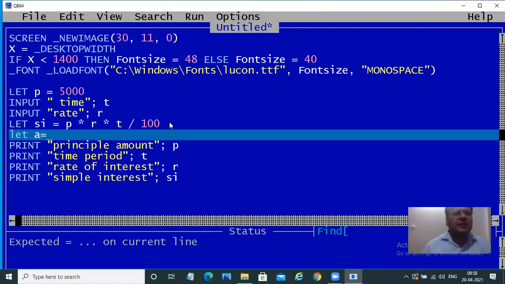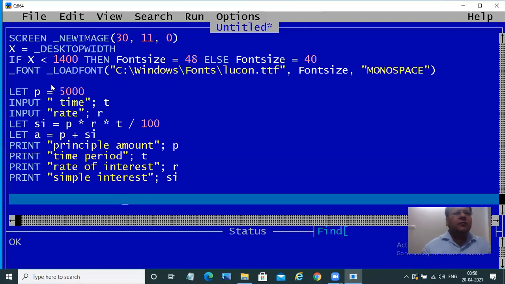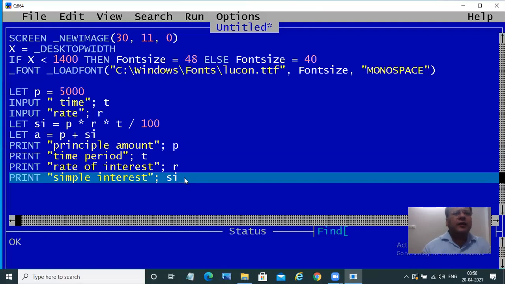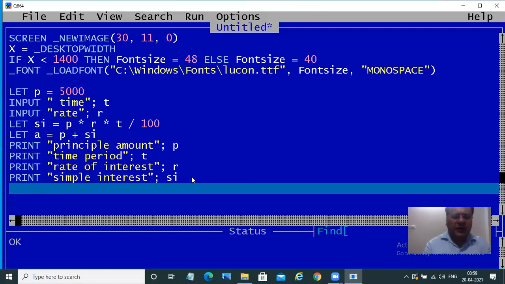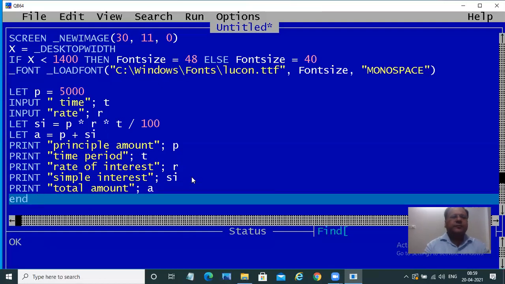Always take variables with a single name, and P plus SI. Now this value is your P, whatever you will get from here, SI, whatever you will get from here will be stored to A. And now we'll say print total amount to variables A. And last of all, we'll say end.